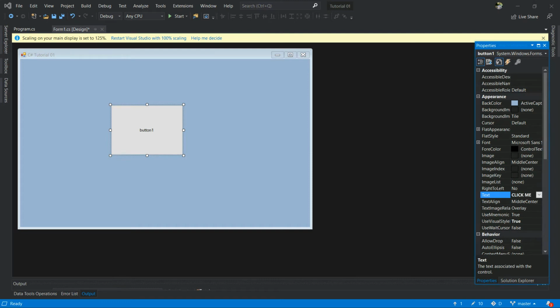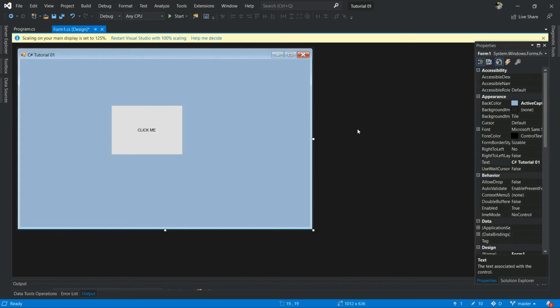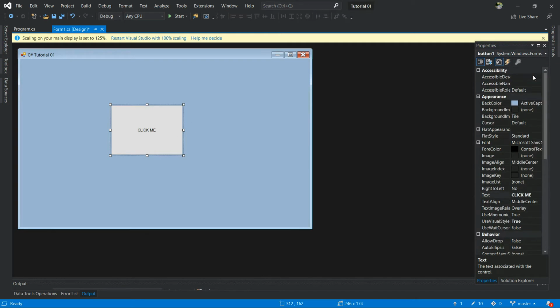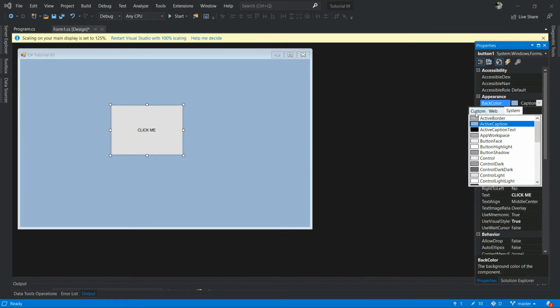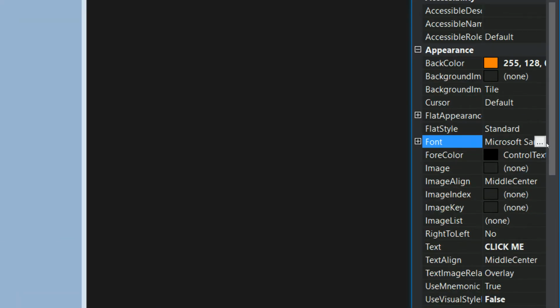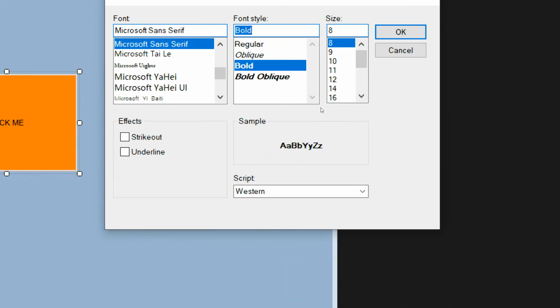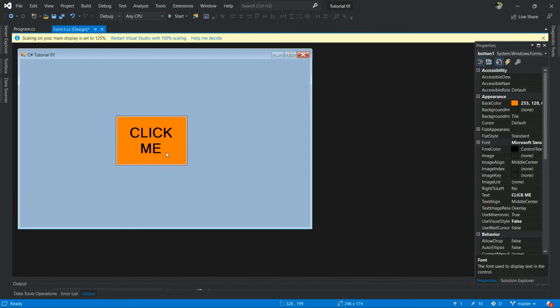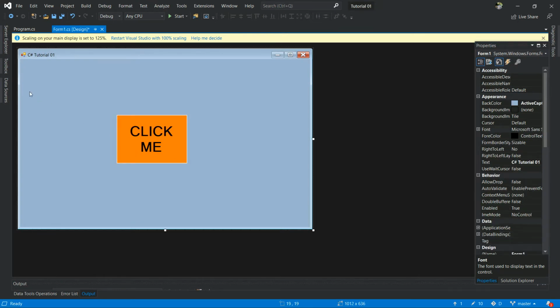I will type Click Me. You can change the button color, font size, all the things like this. Now I am going to change the font size. Font style I select Bold and font size I will select 28.